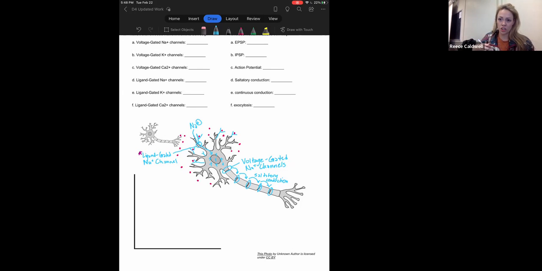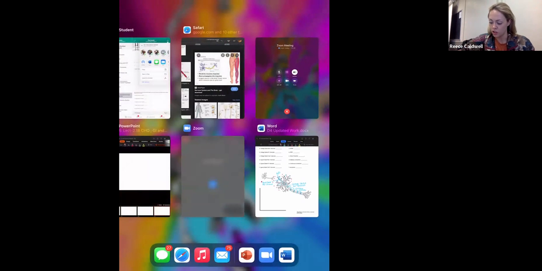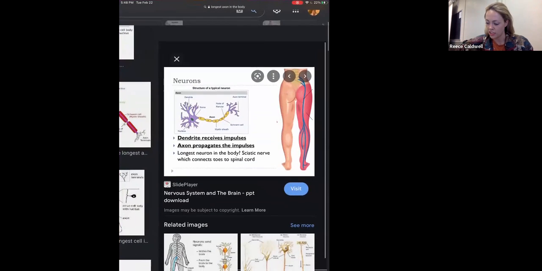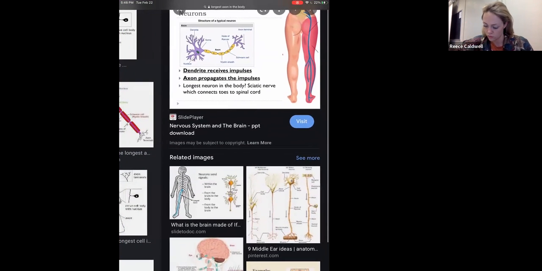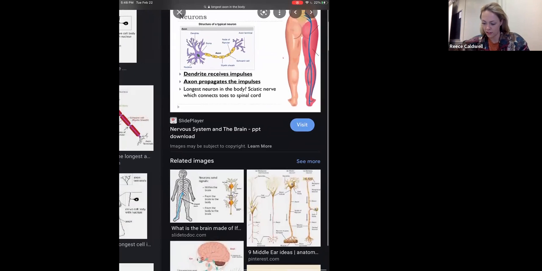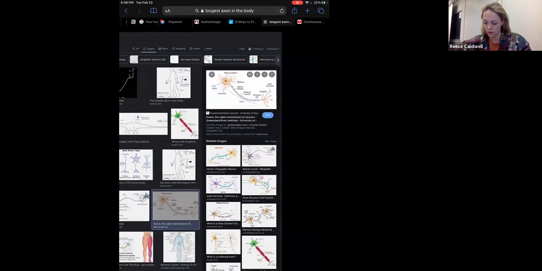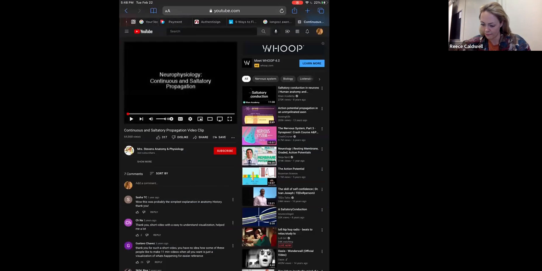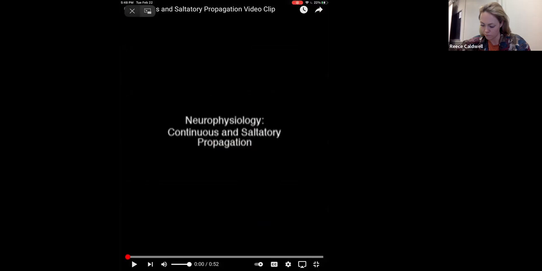This saltatory conduction lets that impulse hop from node to node, just like telephone lines are insulated, and signals and impulses can be passed from line to line or box to box. Same thing with saltatory conduction. So I have a quick video just to illustrate this. All right, so